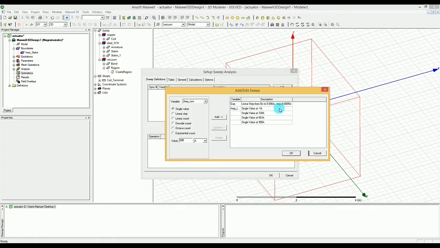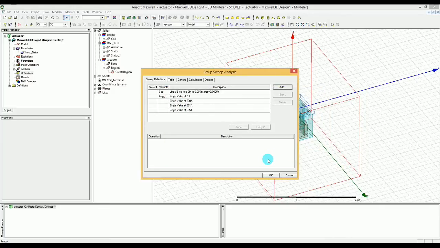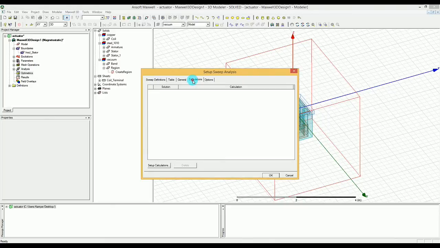We have the gap definition linear, we have the amp input current definition with single values, basically 4 values here, and now we can press OK for that. So now we have defined our sweep. On the calculation tab, we also want to